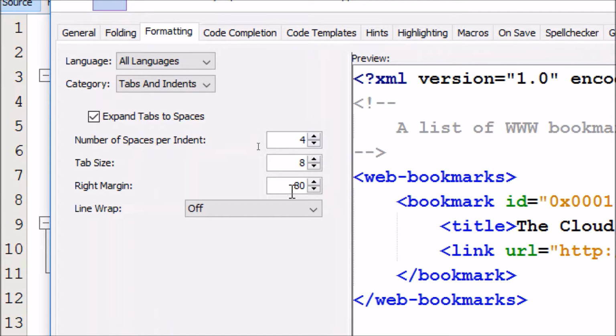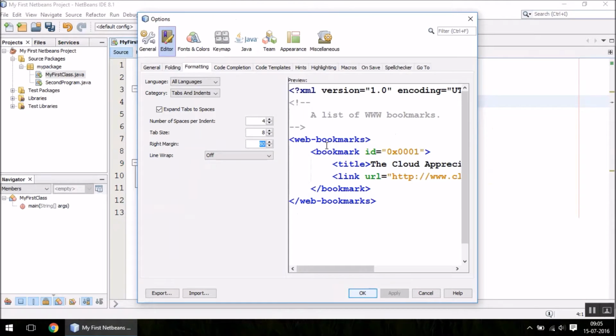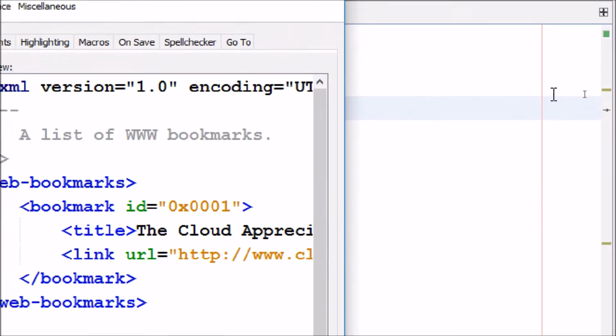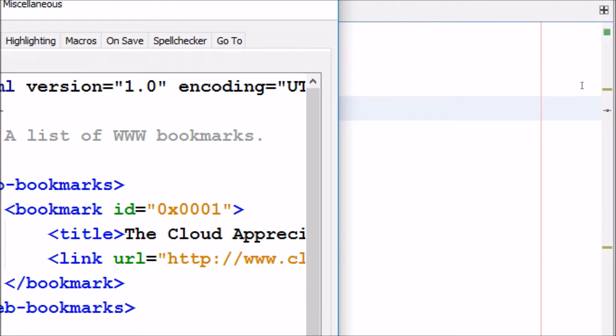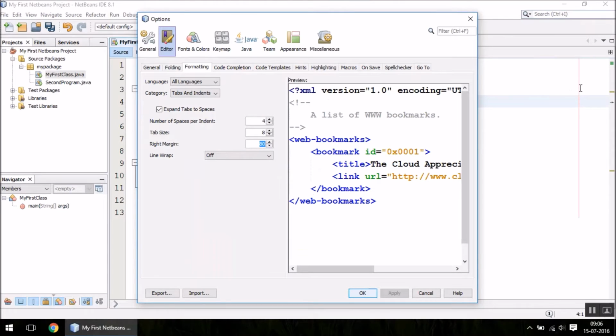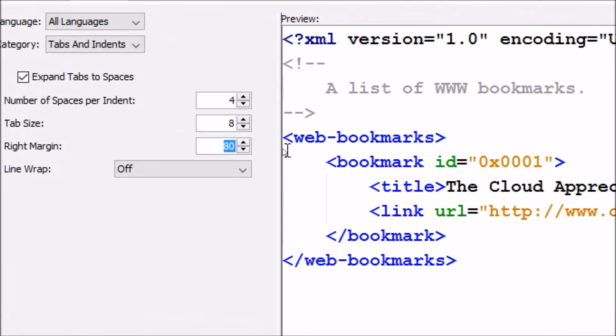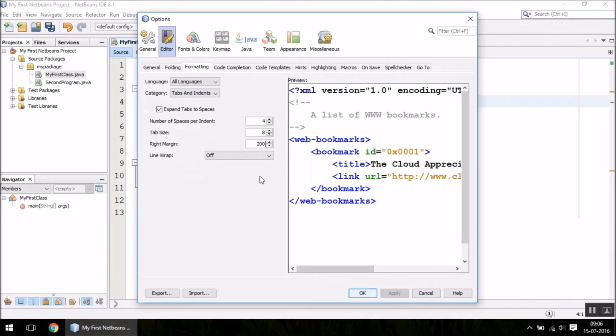What I personally like is to change this right margin setting. Let me actually show you. If you can see on my screen, you can see a red line indicating a margin, and to some programmers it might look a bit irritating. So what you can do is change its value from 80 to maybe 200. 200 is just fine, and it will make it disappear.